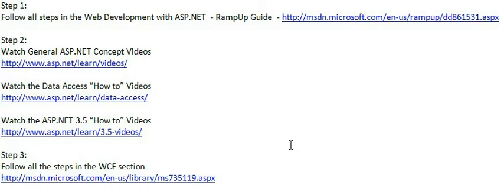Here are a couple of things. There is a ramp up program which is available on MSDN, as you see as the step 1. So you should follow all these steps in the web development area for ramping up on ASP.NET. It is a pretty decent guide. If you follow step by step and go through all the resources, this will really help you to learn various